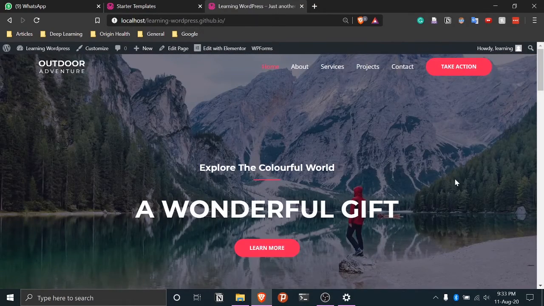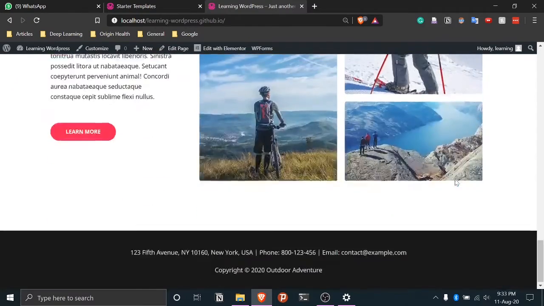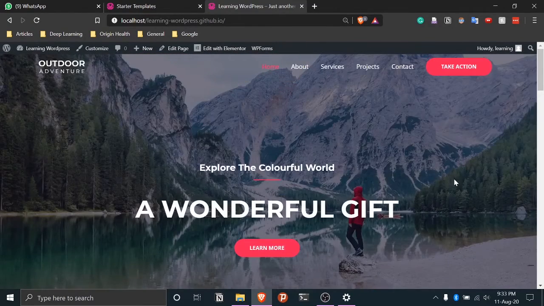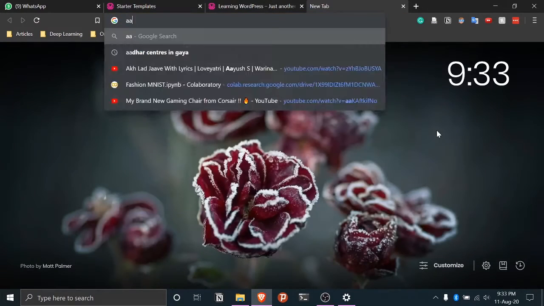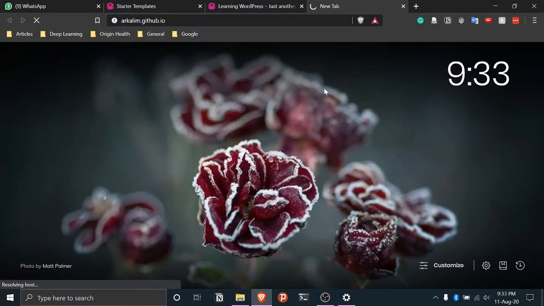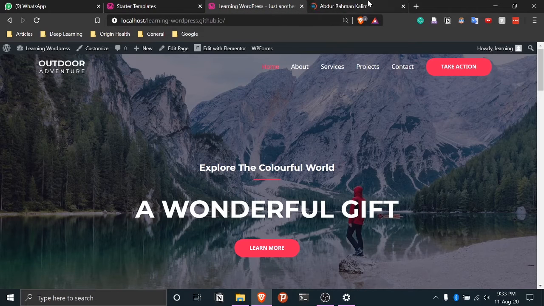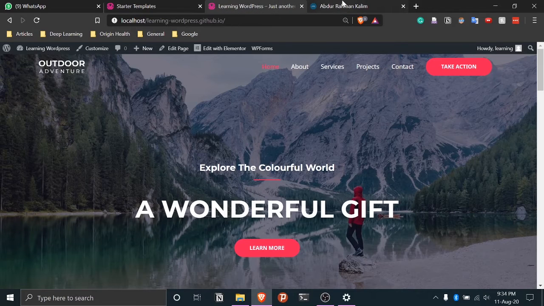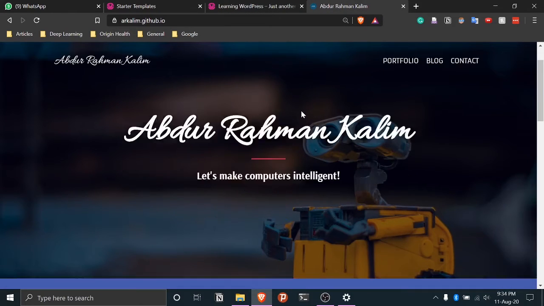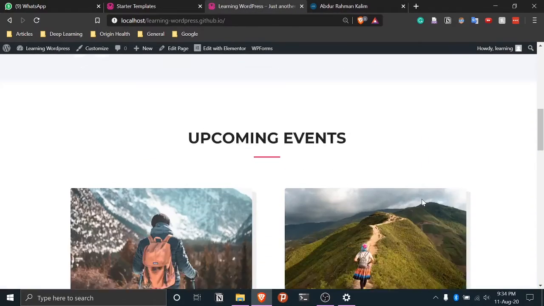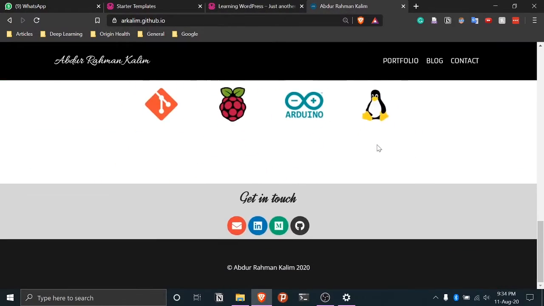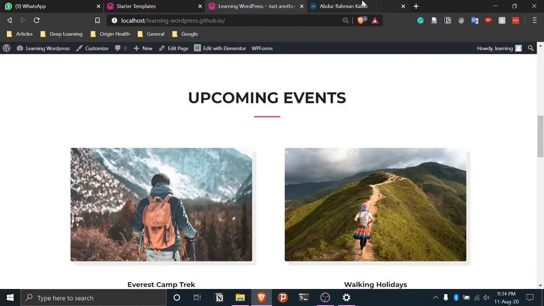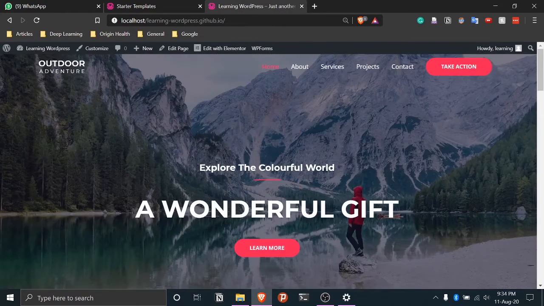So now, back at our home page, our goal is to modify this website so that it looks exactly like we want it to be. I had personally used this theme only. So if I show you my website, it will look pretty much like this website. Just that I have changed the text, font, and some other things, and I've added this sticky header. Apart from that, it's mostly the same. I had used this theme only, and then I've modified it so much. So yeah, back to this.